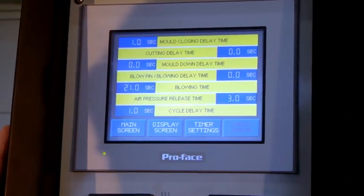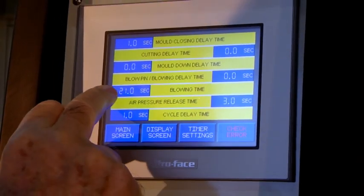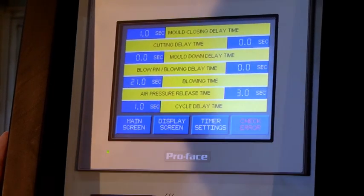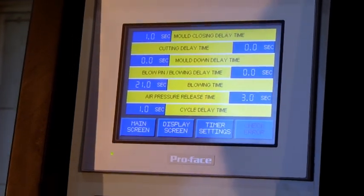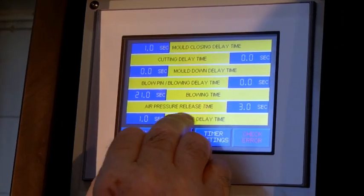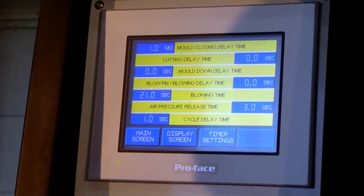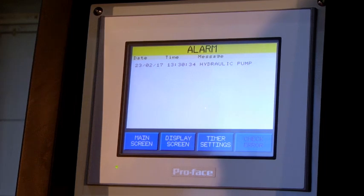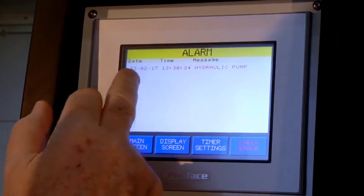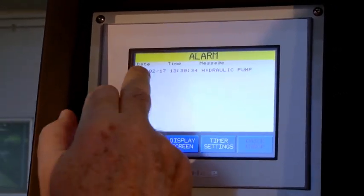That's for the blow pin going into the parison going down. The blow time, 21 seconds set here. Air pressure release time, 3 seconds before the mold opens. And then before the next cycle starts, we can set a particular cycle delay time, like 1 second. And alarm here, typical delay alarm messages, hydraulic pump. We haven't switched on the pump yet, so that's